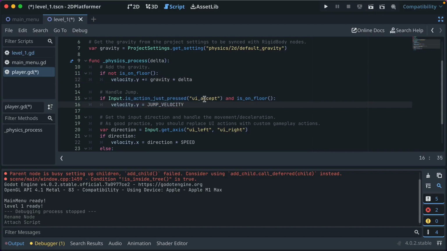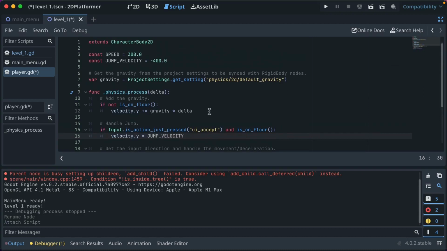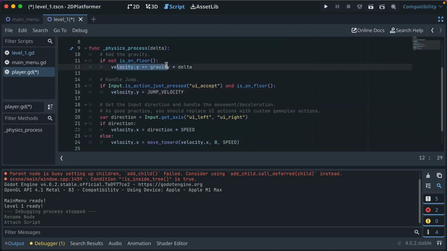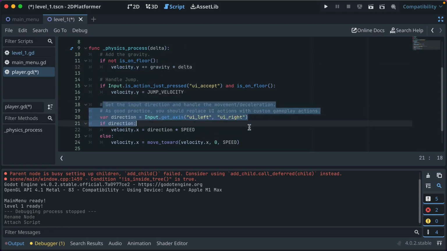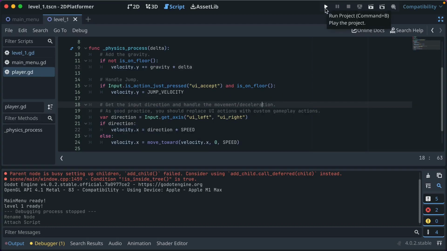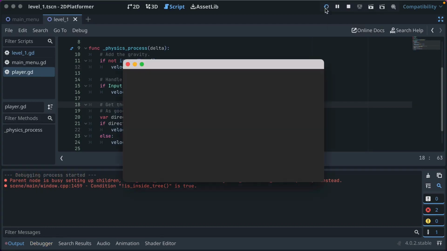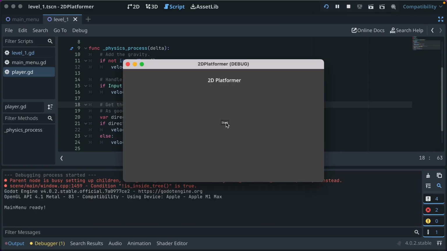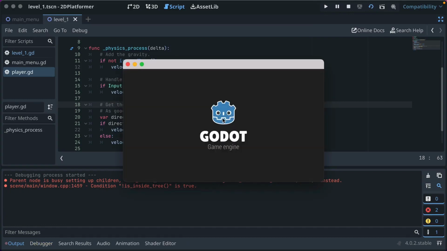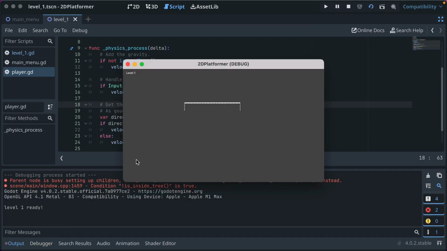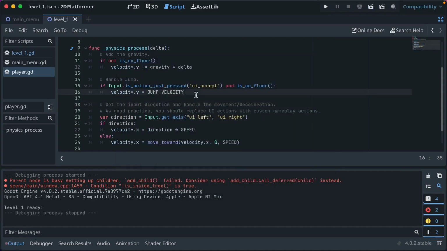Handle jump. If UI accept is pressed and not on floor, then we set the velocity Y to jump velocity, which is negative, which makes the player go up. And then here we're constantly adding a positive value that makes them fall. And then Godot handles some left and right movement. So this is actually good enough to start with, and we'll refine it and make it better. But let's go ahead and see what happens. Did you see that? Our little buddy fell and is just falling through the world because we've got our script attached now,